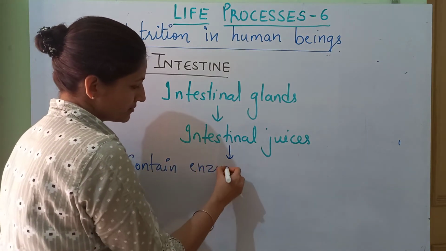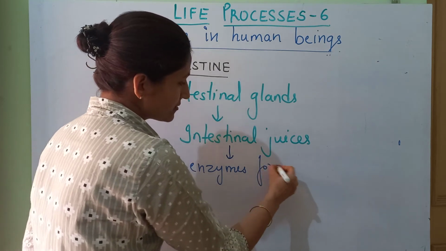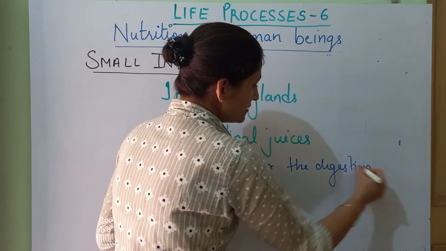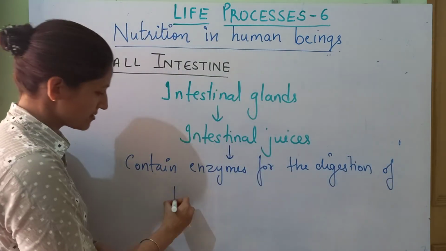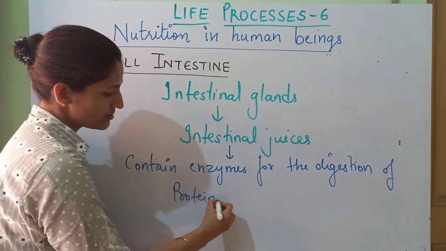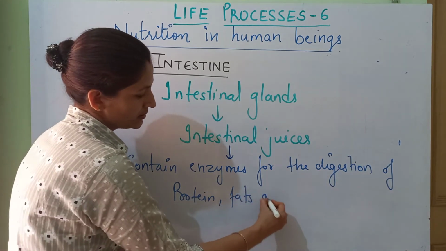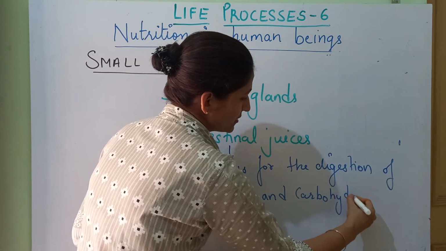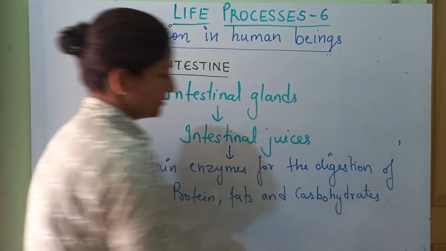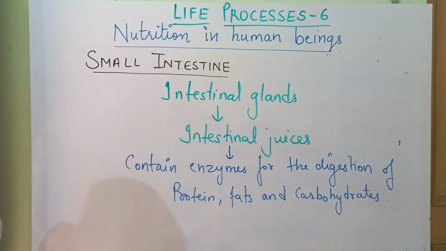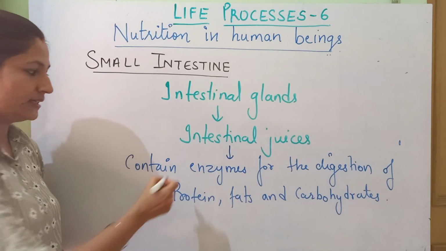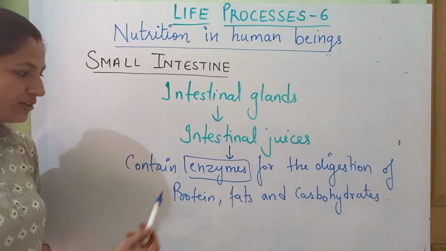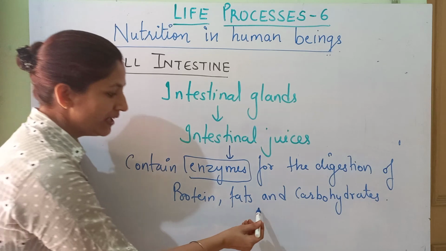enzymes for the digestion of protein, fats, carbohydrates. Okay. Fine. So this intestinal juice contains the different categories of enzymes which specifically act on proteins, fats, carbohydrates and